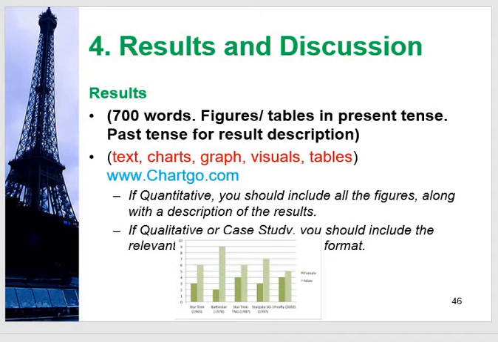You can generate these charts from the website chartgo.com, and your data can be qualitative or quantitative. Qualitative in the form of words, or quantitative in the form of digits, and you will analyze quantitative data with the help of SPSS, the Statistical Package for Social Sciences.